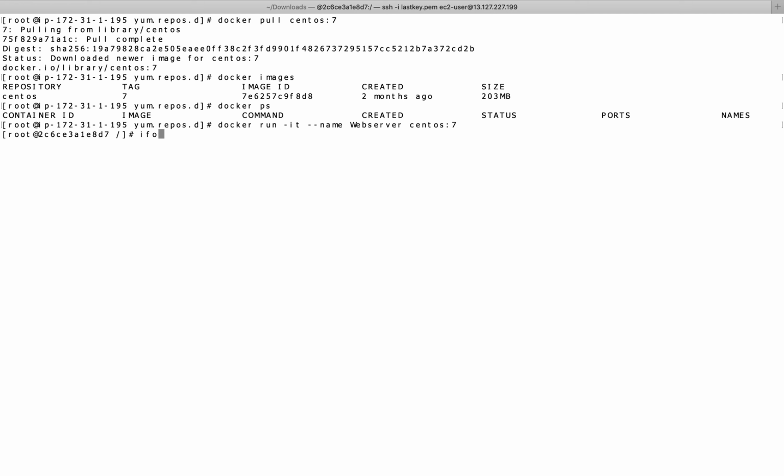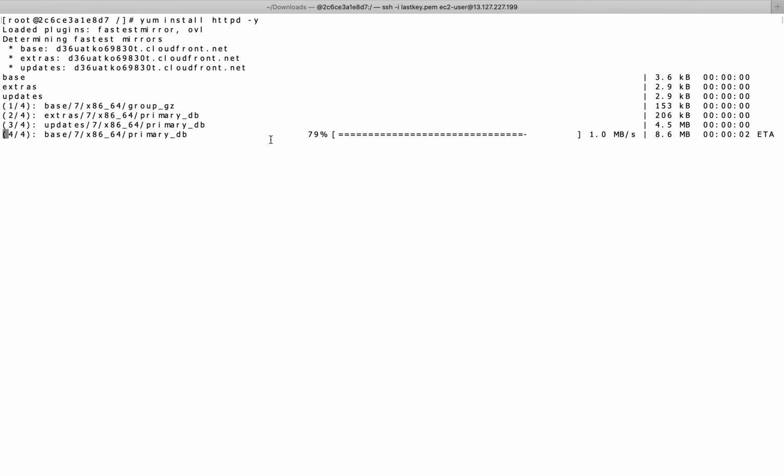If you want ifconfig, okay, ifconfig is not actually installed right now, so no worries. Our main motto was to set up a web server on top of this CentOS, that is a Docker container.